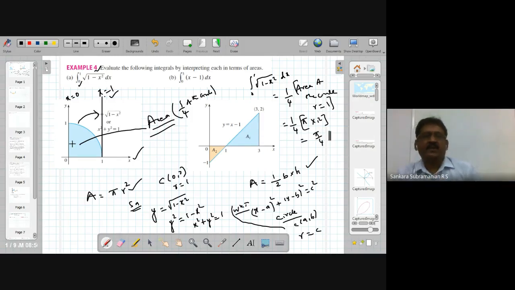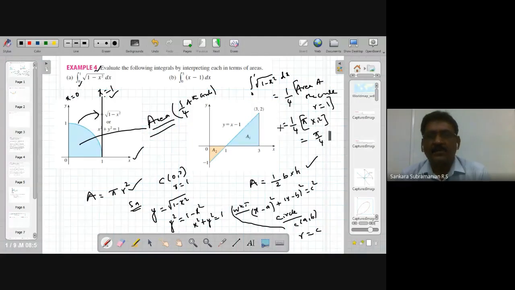So pi by 4 is the answer for the evaluation of the integral. Later we can see that by methods of some other substitutions, there is a precise formula available for root of a square minus x square, where sine inverse x by a will come. And if you go for upper limit and lower limit substitution, finally you will get the answer pi by